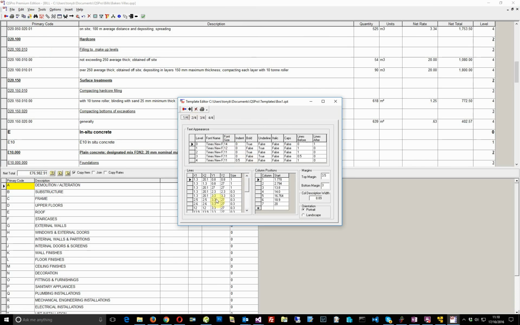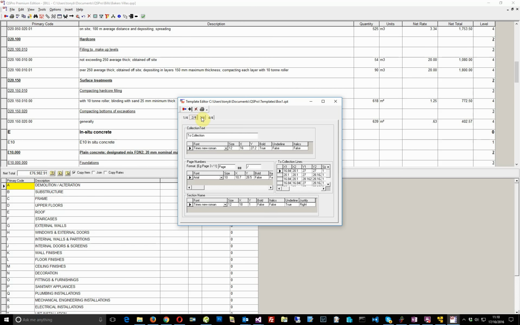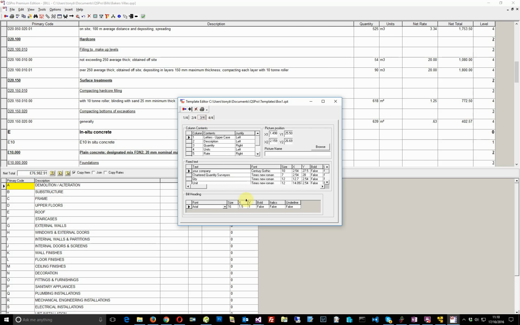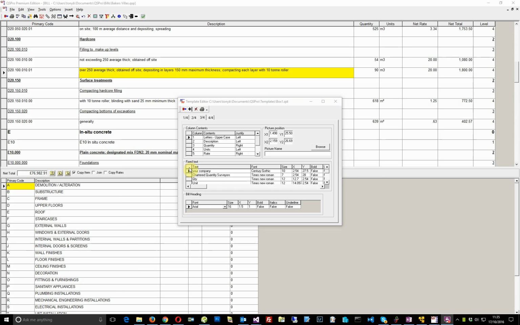Okay, moving on. These are the lines that you see in the bill, the vertical and horizontal lines to create the box. These are the column positions where each item is printed. I'm going to skip over some of this and go to the fixed text. In the fixed text, by standard, we give you some standard text here. So let's change your company to